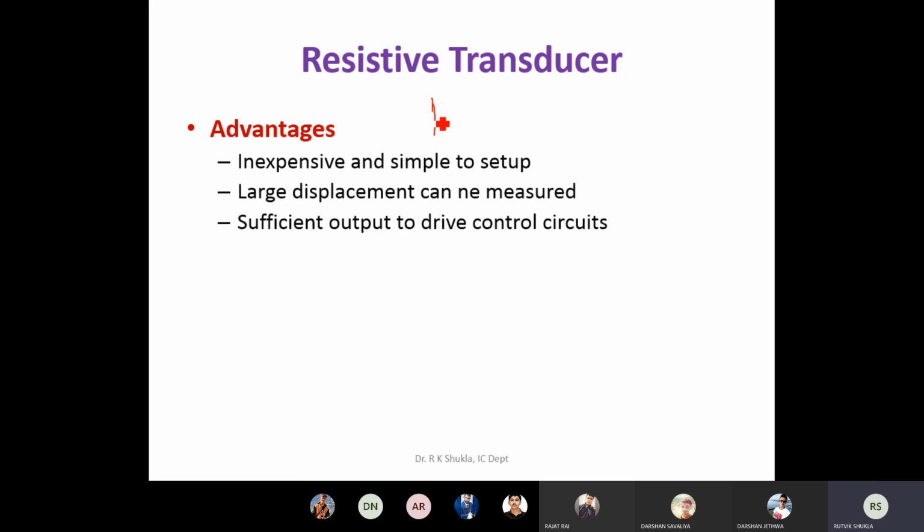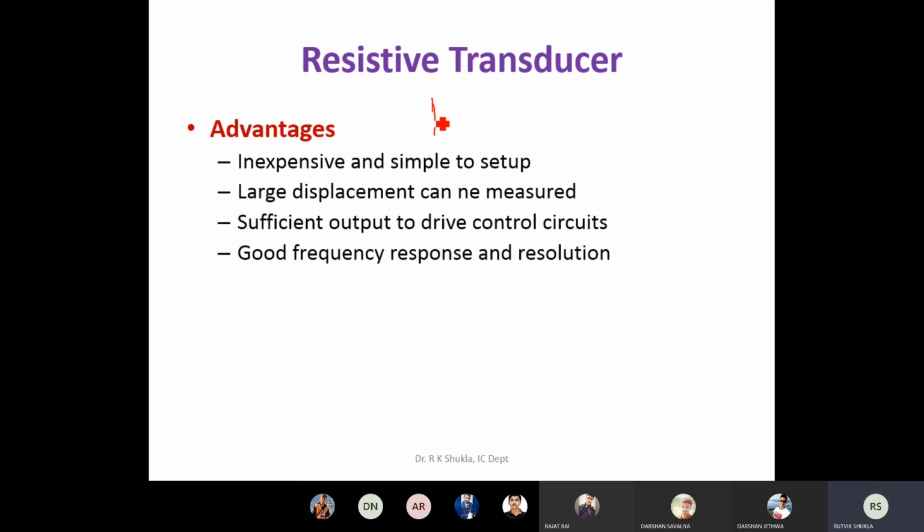Sometime, as while we started our discussion, I pointed out that measurement is generally performed for two actions. One is just to get the sense of the system, and second is to generate certain control action. So sometime if you want to drive certain actuator or certain recorders, at that time you need to put certain intermediate amplifiers or intermediate circuitries, but with resistive transducer it is not needed. With resistive transducer you can hope for good frequency response and resolution.